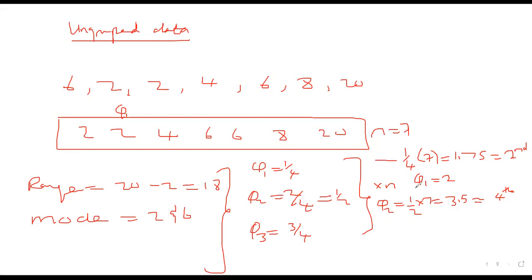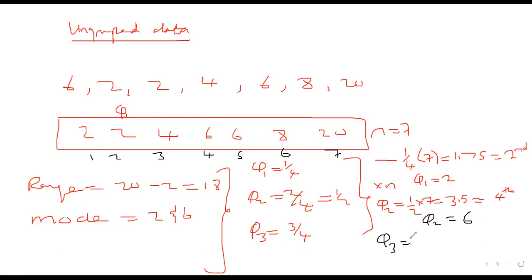And half of 7 is 3.5. You round up to the fourth number. So we have the numbers as they are outlined: 1, 2, 3, 4, 5, 6, and 7. So the fourth number in this case is what? 6. You put your 6 there. Then you go to